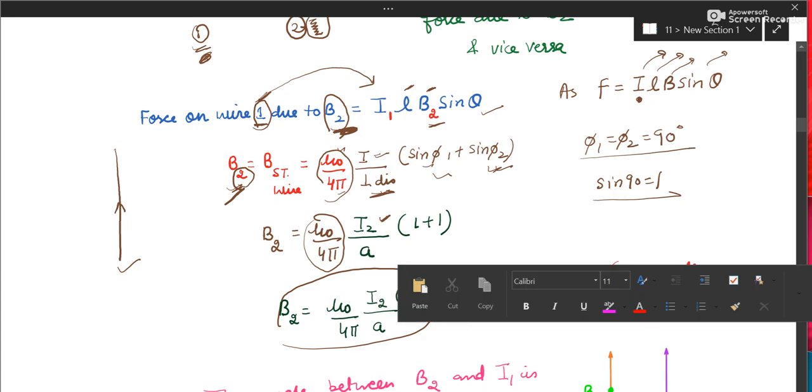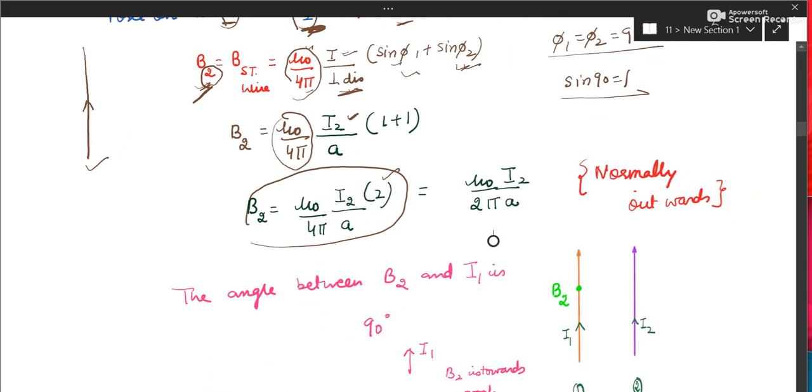See, I have written the formula once again. Now you have to talk about its direction. Whose direction? Second's magnetic field. Second's magnetic field where? Here, where the first wire was. So you keep your thumb here and bring your curls here. So it will come below the mobile, so it will come outward. So it is normally outward. B2 is normally outward. If you can comfortably use the right hand thumb rule, please use it. And it is normally outwards. So I'm ready with the value of B2 and I'm ready with the direction of B2.